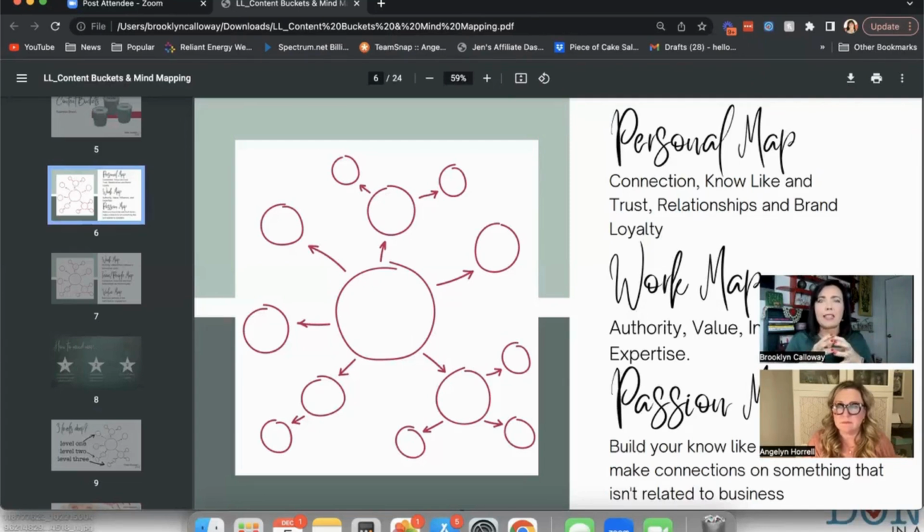It creates and grows relationships, and it solidifies brand loyalty. I always say on this one that you want people to say, if she lived next door, we would be friends. And if someone is saying that about you, you're done. I mean, you've got to keep going, but that is a winning combination. If someone's like, oh my gosh, we would totally be friends.